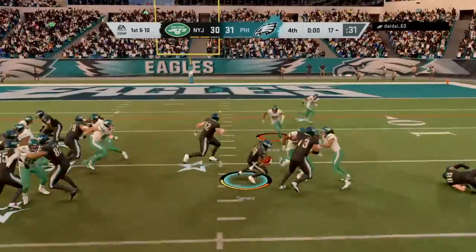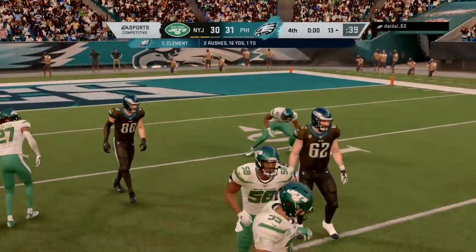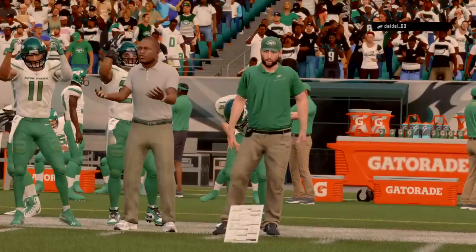On 1st and 10, it's Clement. And he'll be taken down here, and that is how this one is going to come to an end. So it's a victory here for the Philadelphia Eagles. And I tell you